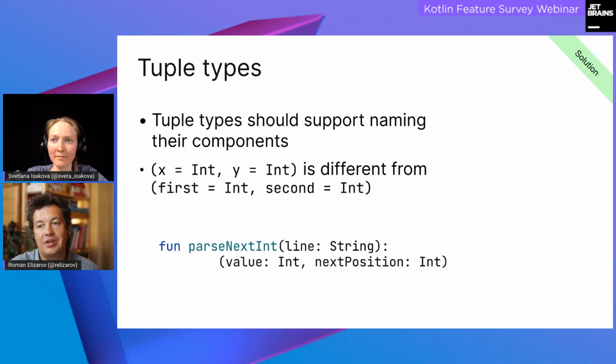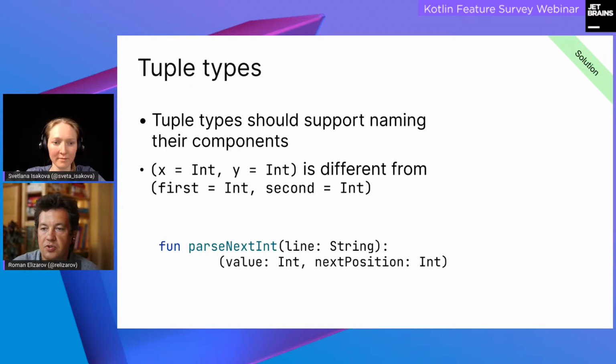help you write code nicely and briefly, for example, where you have a function that in an ad hoc way returns a pair of values. And right now you either use a Pair, which has components named first and second, which have no relevance to this function, or you write a data class that's specific to this function, which also doesn't feel right. If I'm using it only in this function, why do I have to declare a data class? So